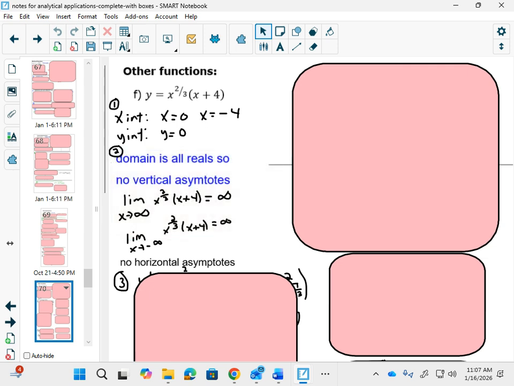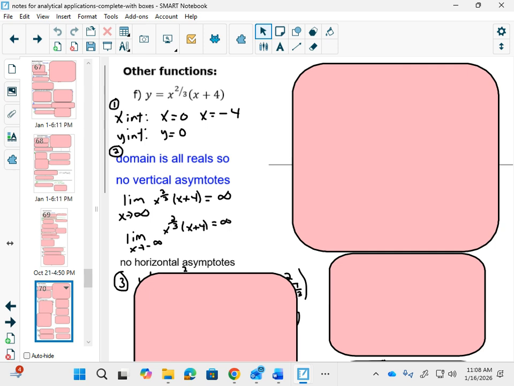No. So no vertical asymptotes. And one way to find the horizontal asymptotes is looking at what happens when x goes to infinity. So we can sort of review some of our limits unit. If I do the limit as x goes to positive infinity, this gets big, the whole thing gets big. As x goes to negative infinity,